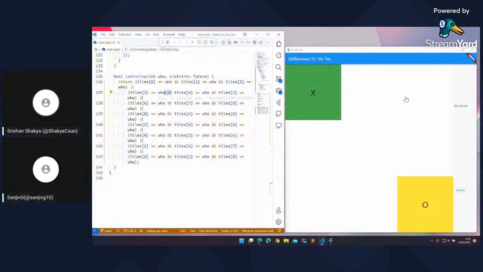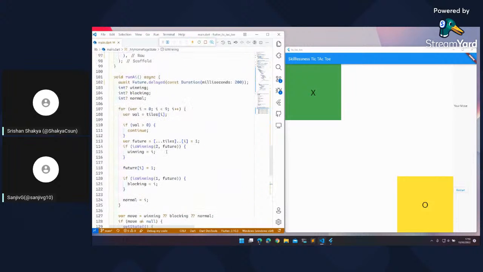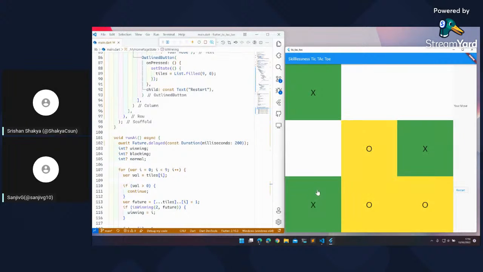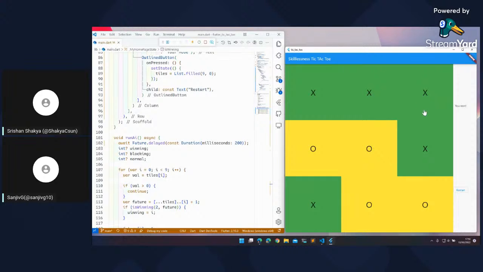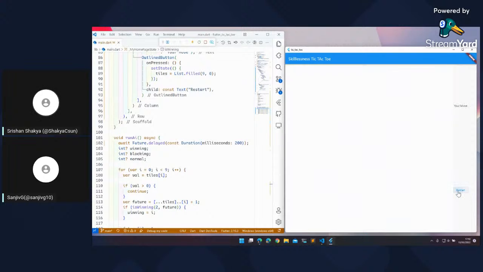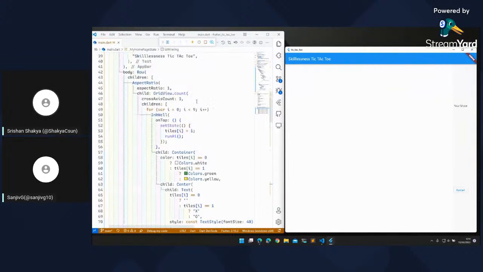Since it was or in the beginning, if any of this is 1, then the person is winning. So that was a little problem with logic. Now, if I restart, then it shows your move, yeah. And finally, you won, correct. It was always these are some of the bugs. We will try and tackle them if we have time, or maybe in another stream or whenever it's viable.